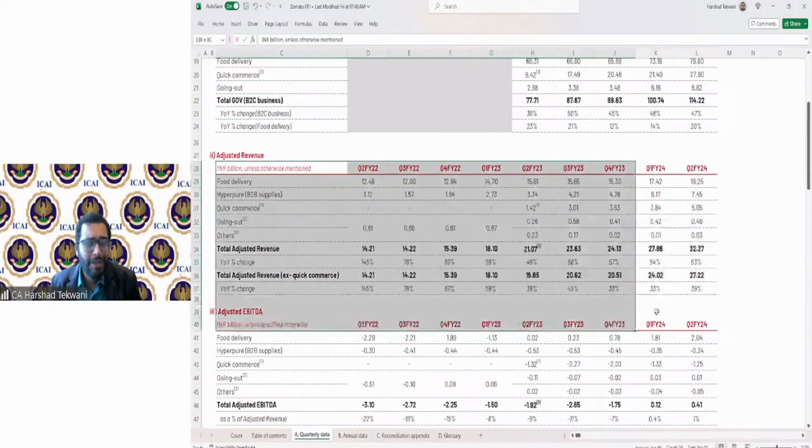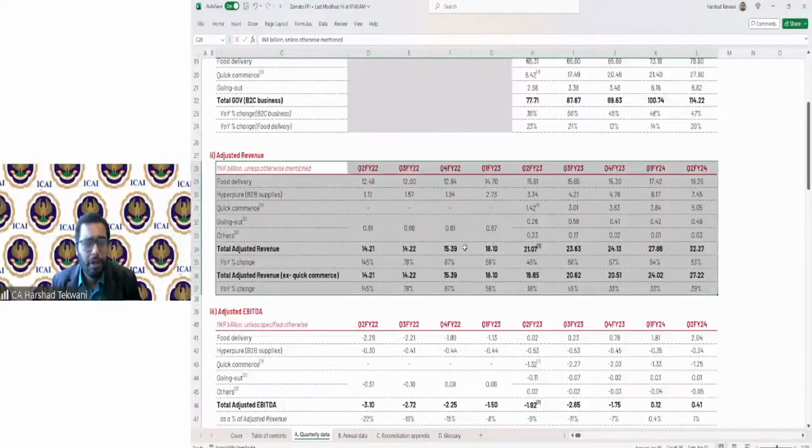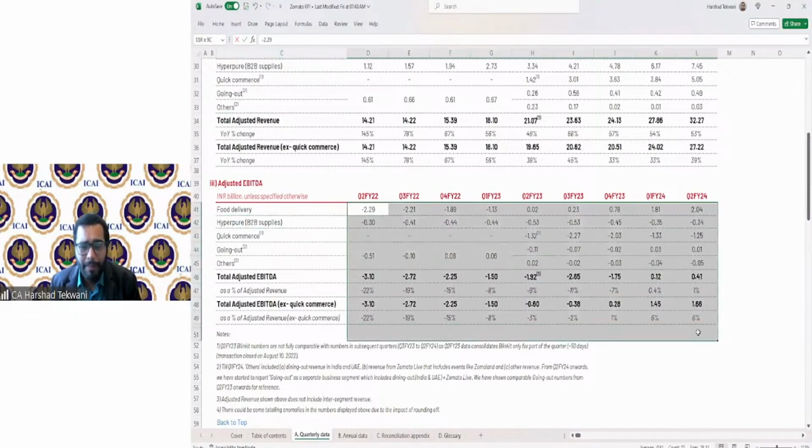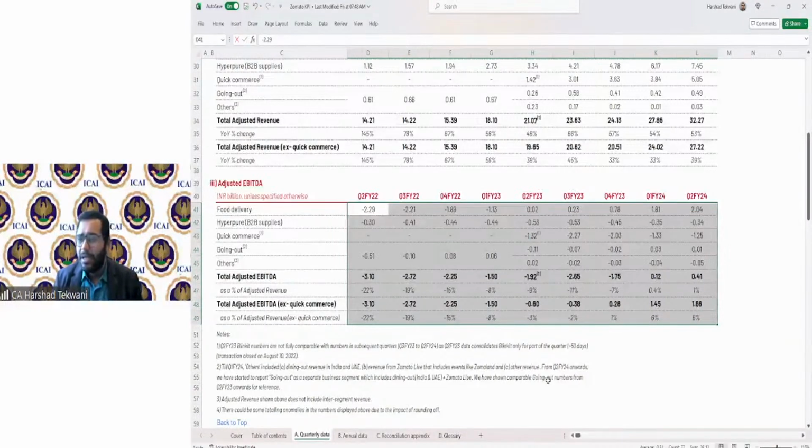thing, in order to understand the revenue for the quarters, the EBITDA for the quarters, sales for the quarters, and I can see, to identify which sector is performing very good, like food delivery, Hyperpure, quick commerce, or what is performing good. So if I perform this particular activity, am I wrong? Answer is no. Rather, this activity gives me a good amount of comfort over understanding the business, the entity, and the financial metrics and the performance of the company throughout the periods.